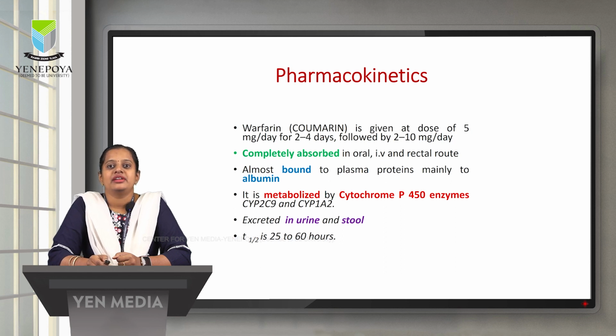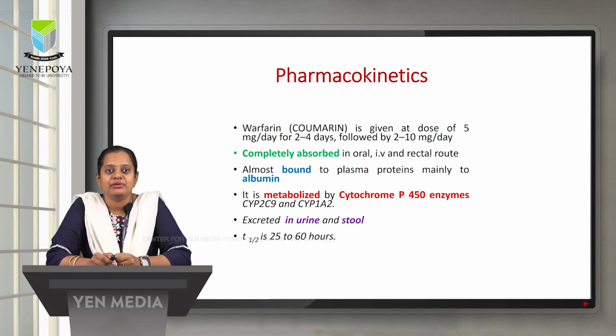And this warfarin is distributed throughout the body by binding to plasma proteins, majorly albumin. So, warfarin has a high ability to bind to plasma proteins